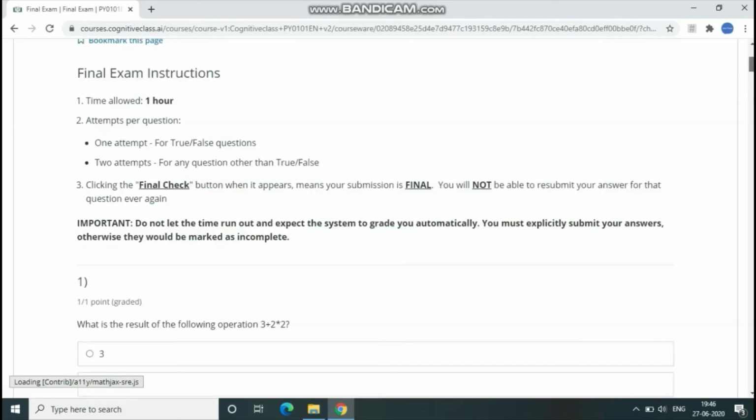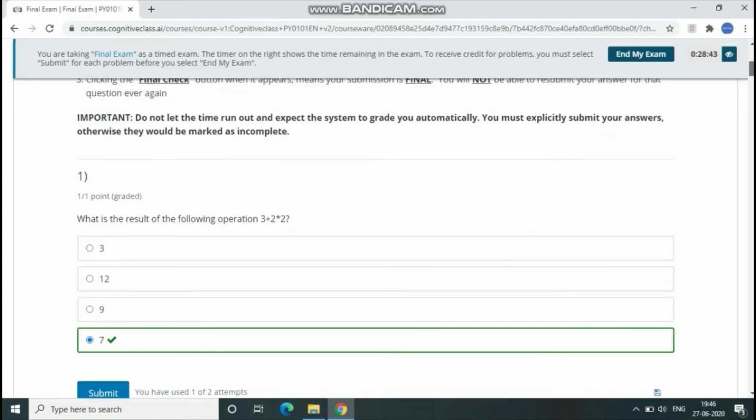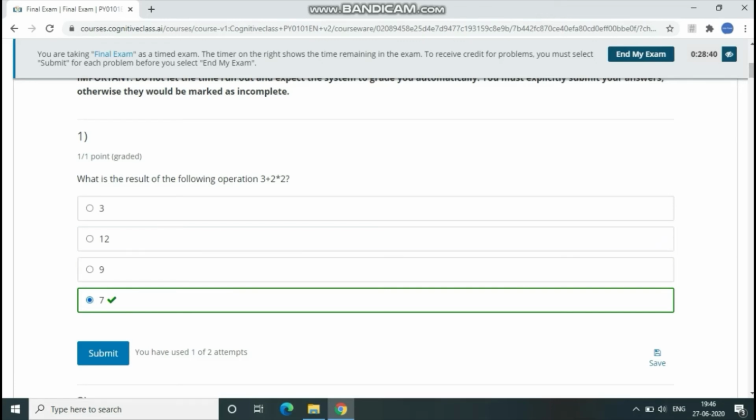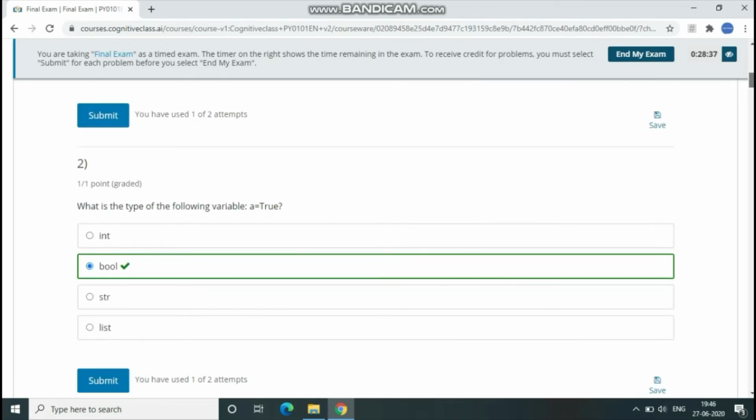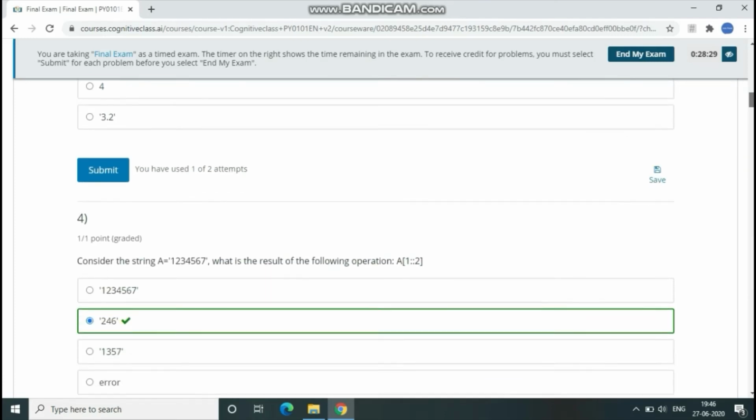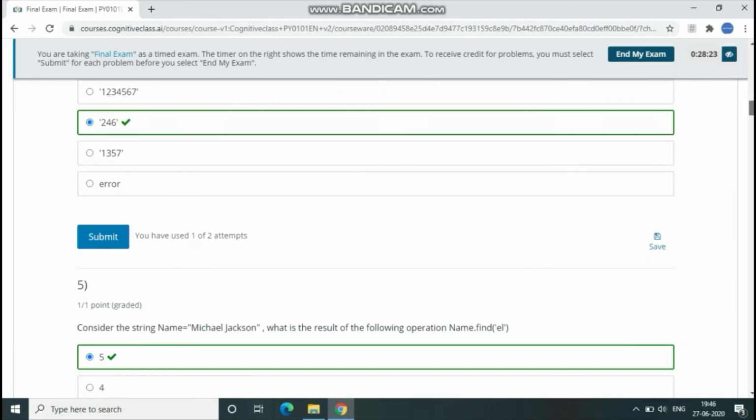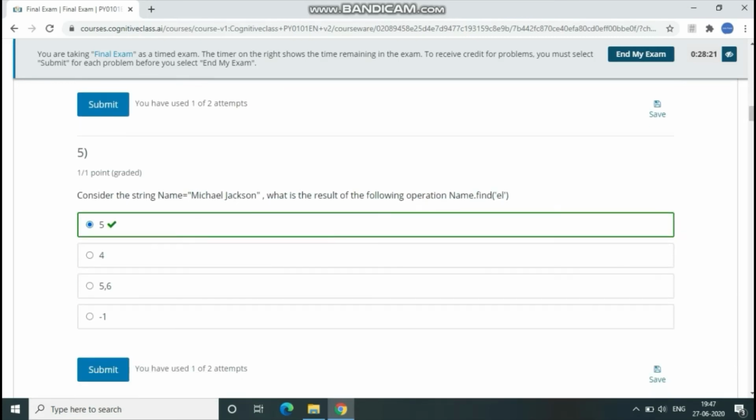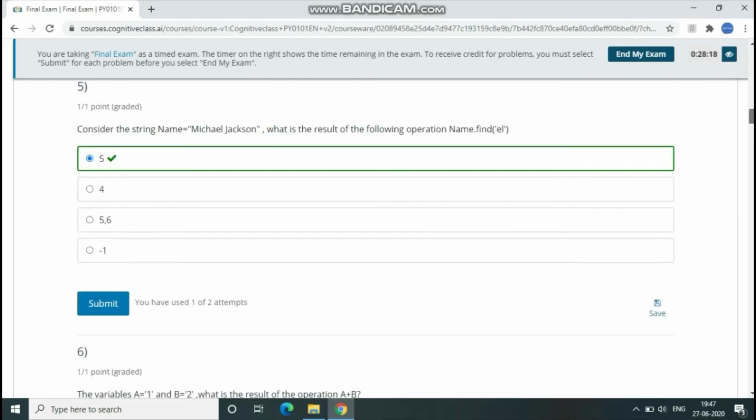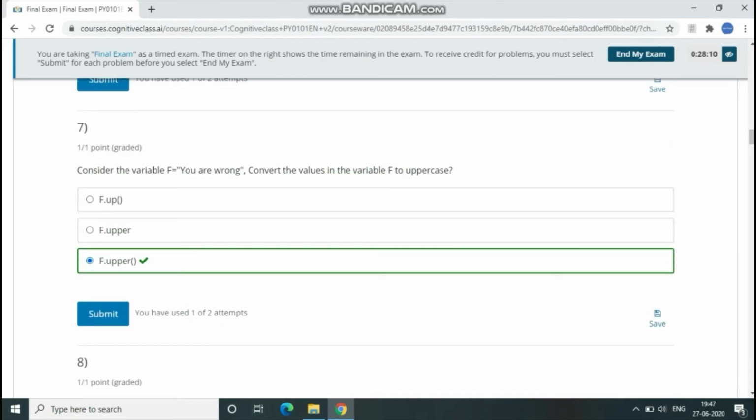I already completed the final examination. I will show you the answers. For the first one, the answer will be 7, fourth option, and for the second one the answer will be boolean, second option. For the third one the answer will be 3, second option. For the fourth one the answer will be second option 2 4 6, and for the fifth one the answer will be 5, first option, and for the sixth one the answer will be fourth option 1 2, and for the seventh one the answer will be upper function, fourth option,